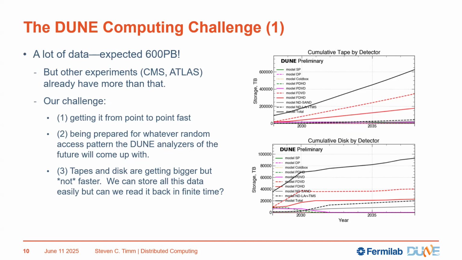So I also have the disk thing here, and this is important because at the beginning of the DUNE collaboration, we set the limit that says we will not write more than 30 petabytes a year from the far detector. They could write much more than that if they really wanted to, but they do have to do some kind of filtering, some kind of triggering, whatever, so that they don't write more than that. So what that means is that all the raw data from the DUNE far and near detector we won't have on disk at once. We cannot possibly afford that. But you'll have maybe 1 year of raw data on disk, and the rest of it will be on tape.